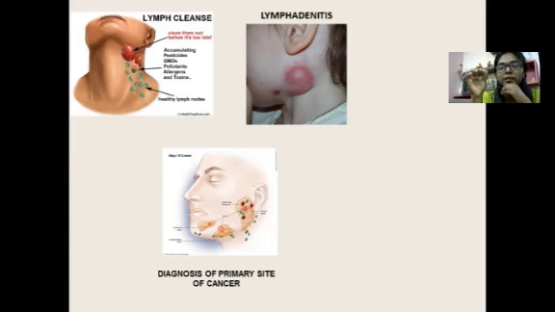Any enlargement of the nodes, when it is an acute condition, the appearance will be very shiny, and the skin overlying will be red, inflamed, and edematous. So that is called lymphadenitis. And sometimes the enlargement of the nodes will also interfere with the salivary secretion. For example, parotid lymph nodes, which overlie the parotid gland or fascia. Due to the enlargement of the lymph nodes, the gland will also get blocked. Because of that, the patient may get xerostomia and a dry mouth. So that should also be considered.